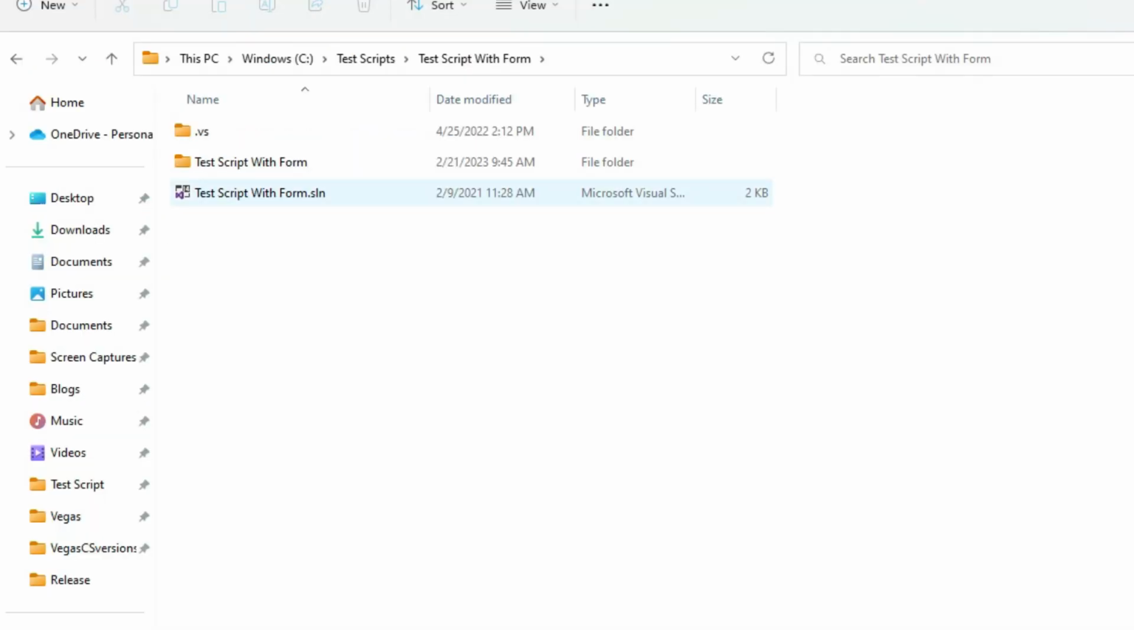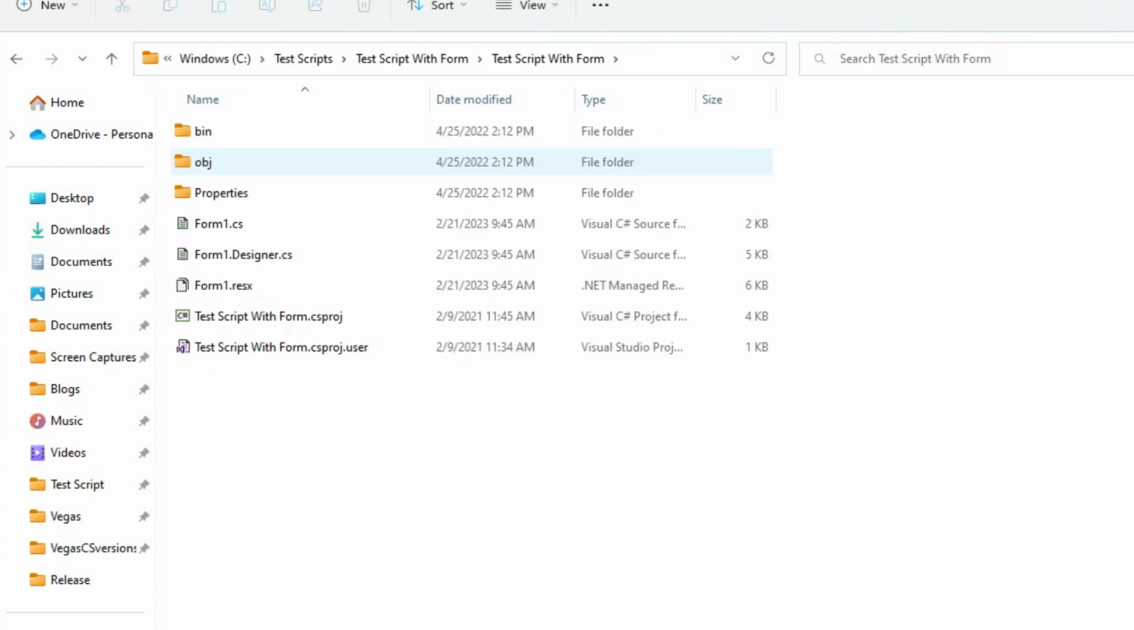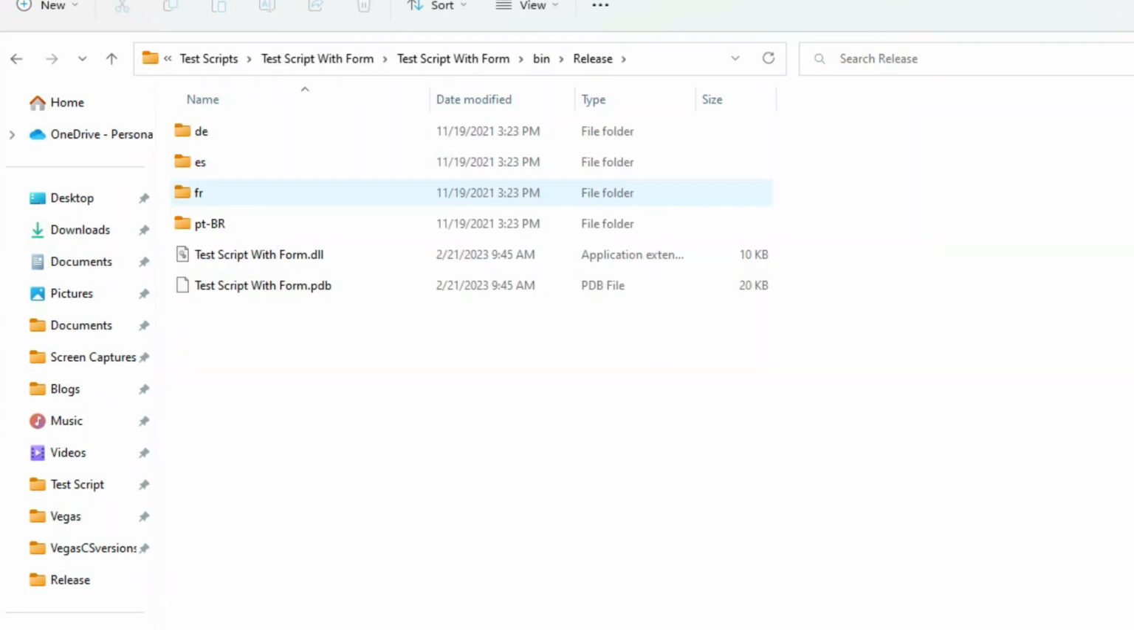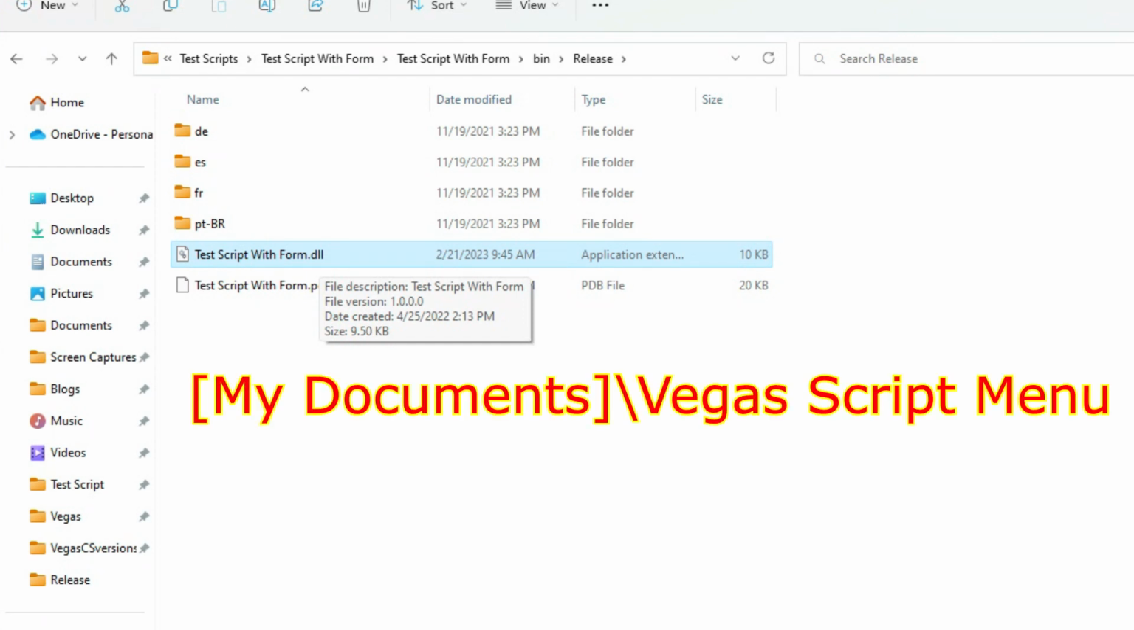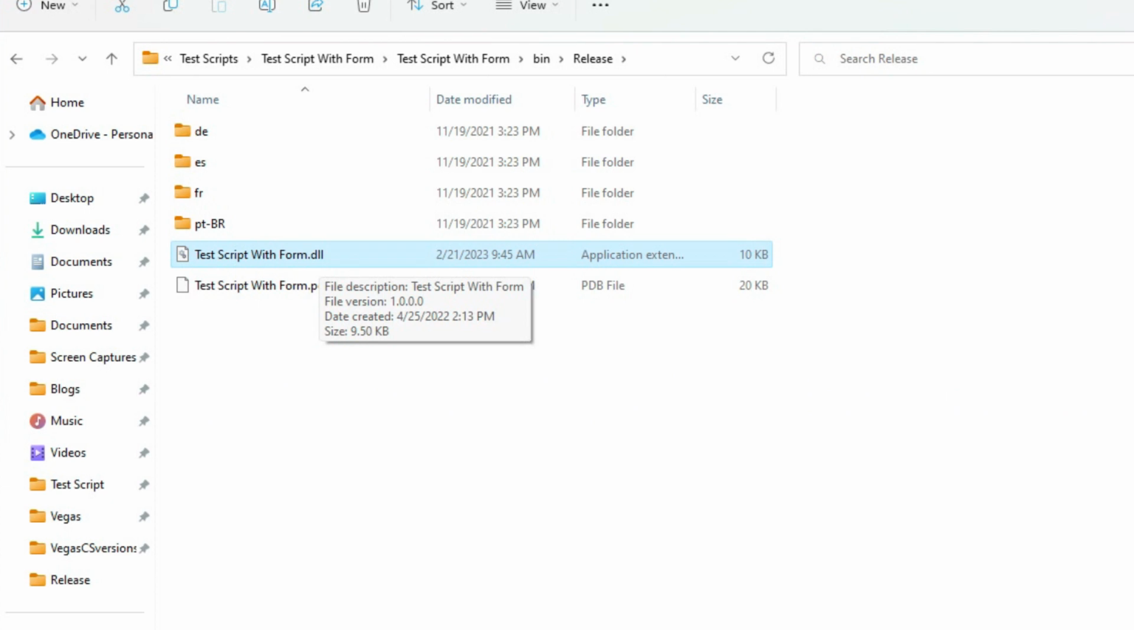Then all we have to do is go in our test script with form, to the bin, to the release, and we will find our script right here, and it will have a DLL extension. What I ended up doing was renaming this to be more in common with what this script is doing. And so instead of seeing test script with form, we'll see a different name, but you would take this and copy it into the My Documents / Vegas script menu,